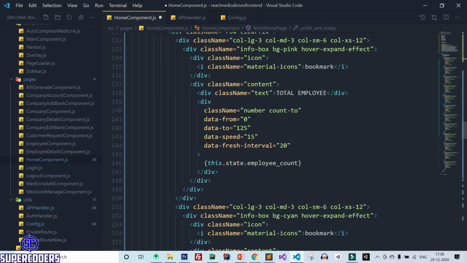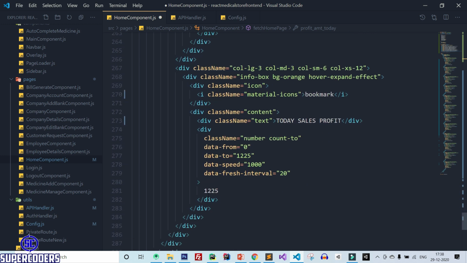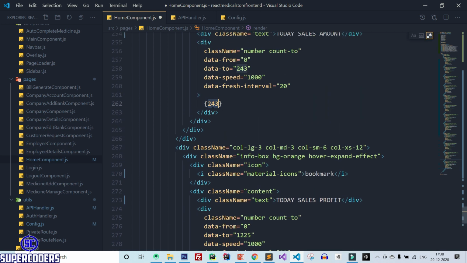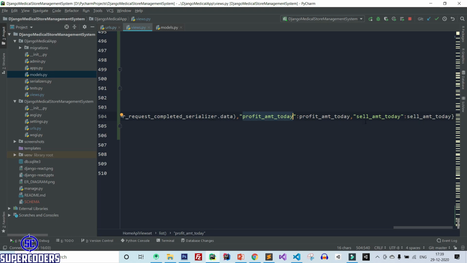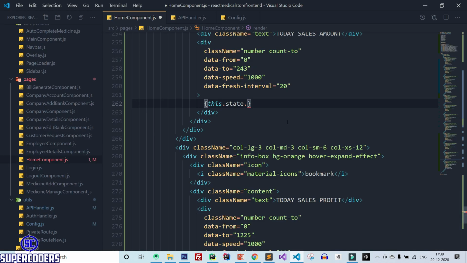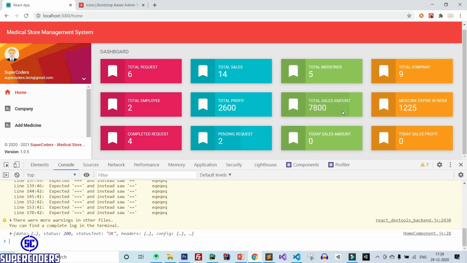After that here profit. So this dot state dot profit today. This dot state dot, let's see, sale amount today. Now save it. After that, back to Chrome, and you can see today's sales is 0 and today's sales profit